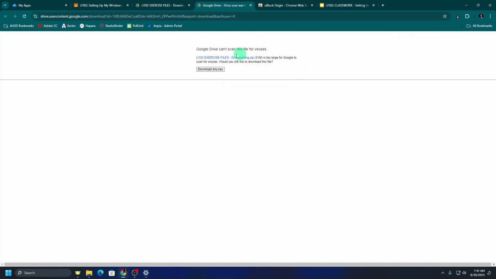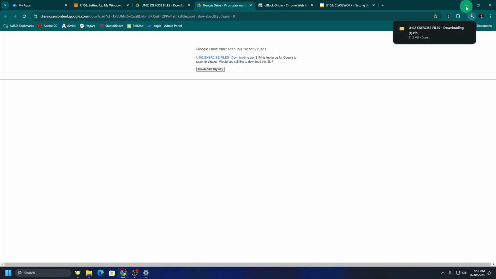You will always see this pretty much every single time I give you files. Don't worry, it's not saying that your computer has a virus. That's not what this says. It's just saying that the files are too big to be scanned, because I'm going to always be sending you large photo files or large video files. It's okay, just click download anyway. And once you do that, you'll see it pop up over here, a little notification, and now it's in our